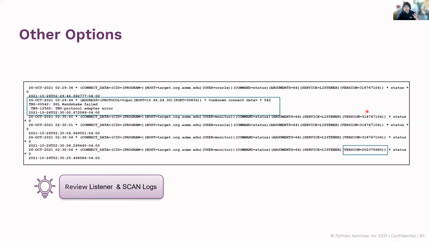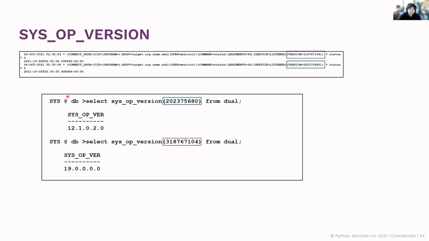So you've got your listener logs. You can crawl through your listener logs, right? You'll find a lot of information in your listener logs that are lying around on your server. For example, you can get the version. Well, you don't want to get a failure message, but you can actually figure out the protocol as well. So let's look at the version first. You can crawl through your listener log, get the version and convert it into the human readable version. So now I know this particular host has a 19c client that's used to connect, or this particular host has a 12c client that it's using to connect to my database.